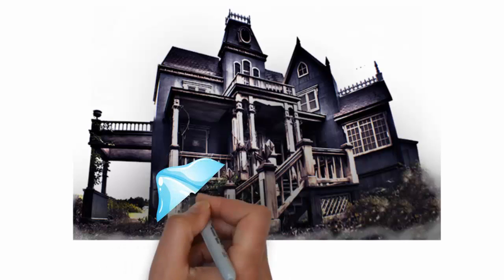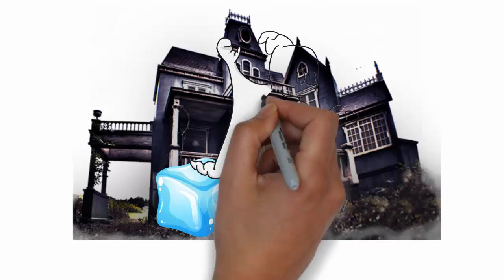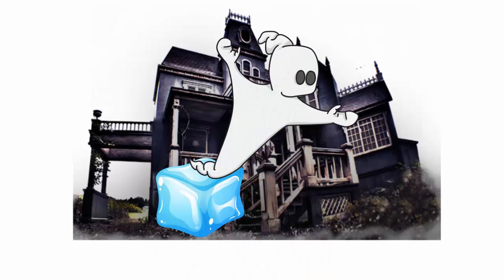So maybe this is the story you picture. Maybe a ghost is riding an ice cube through the whole haunted house and isn't paying attention to where it's going, and so it crashes into a wall and the ice cube breaks into a million pieces and the ghost starts to cry. So that's the story we're going to picture in order to remember the geographical location of Iceland.